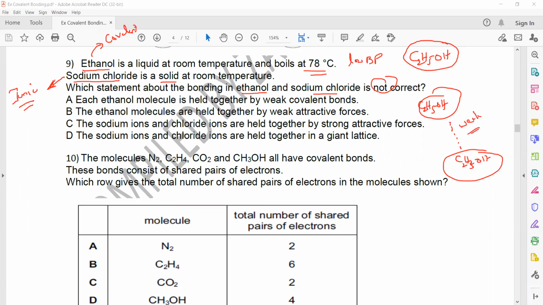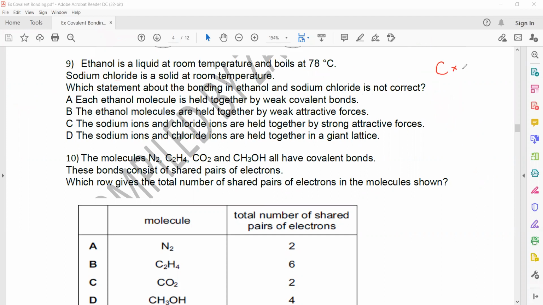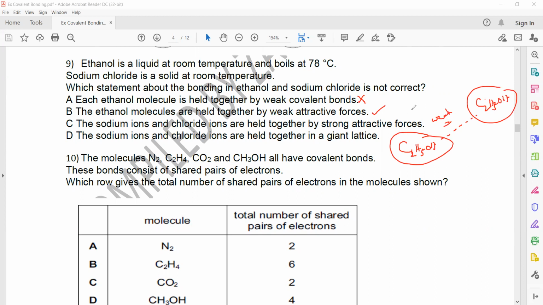What is a covalent bond? The covalent bond is between the atoms in the structure. When they share electrons, we call that bond covalent. But between the molecules, we don't have this covalent bond. So that's why A is not the right statement. When we check statement B, ethanol molecules are held together by a weak attractive force. That's true, because it's a covalent substance. Like this is one molecule of ethanol and this one is another, C2H5OH. These molecules have attraction, and this is a weak attraction, not a covalent